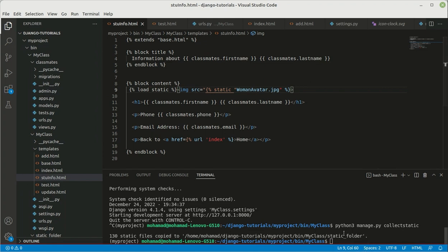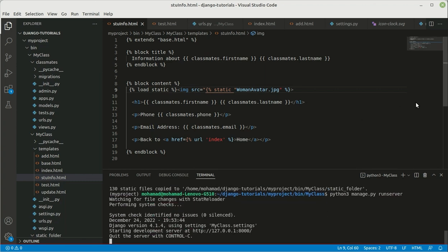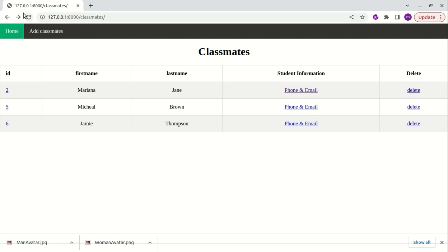So let's save this and run python manage.py runserver. And for me it's Python 3. So now we have this. Let me refresh and let's get into this part. Let's see whether we have